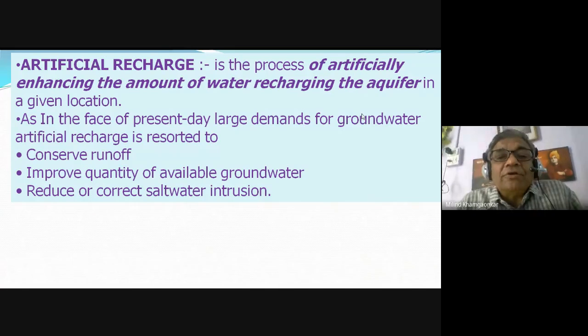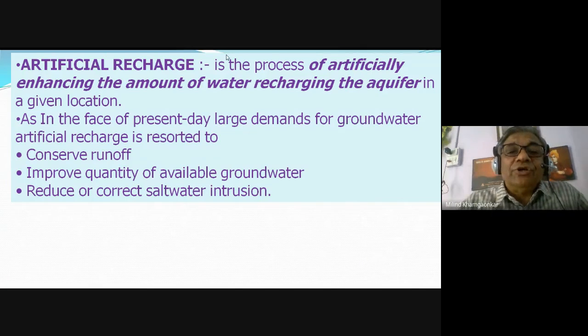So therefore, in present day situation, large demand for groundwater is there, and as the source and the water availability is limited, जमीन के नीचे कोई बहुत थोड़ा पानी है, जितना है उतना यदि हमने निकाल लिया तो वो पानी खत्म हो जाएगा। तो इसलिए आर्टिफिशियल रिचार्ज इज वेरी इंपॉर्टेंट टू कंजर्व द रन ऑफ।